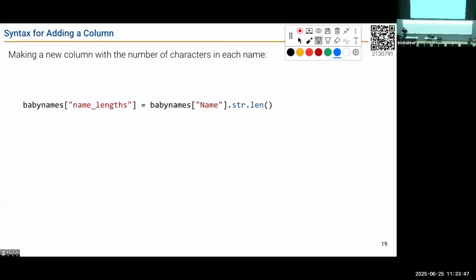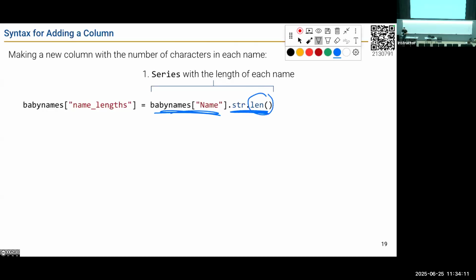Creating a column in pandas, pretty straightforward. You want to start on the right and work your way to the left. So how does this work here? On the right, we can see that we have a series with the length of each name. So there's that .str accessor again, where we're telling the series, hey, series baby names name, all of the names, that column in the original data, we're going to apply a string method, and the string method we're applying is the length of that string, the number of characters in that string.